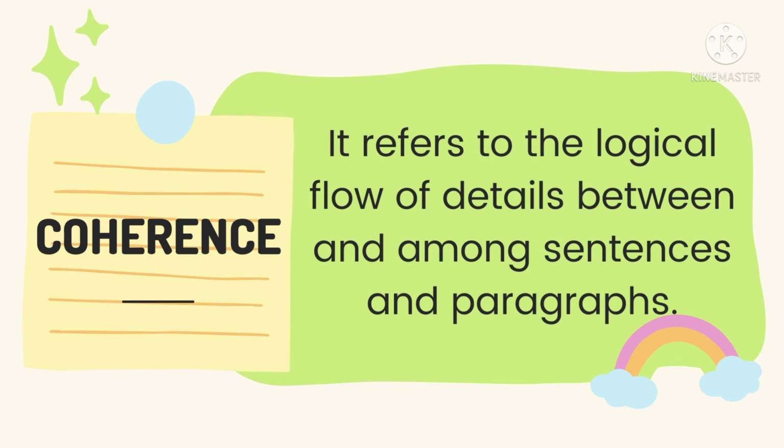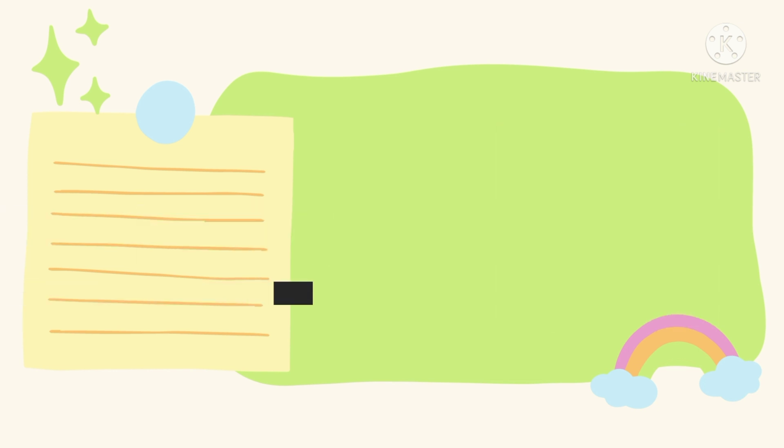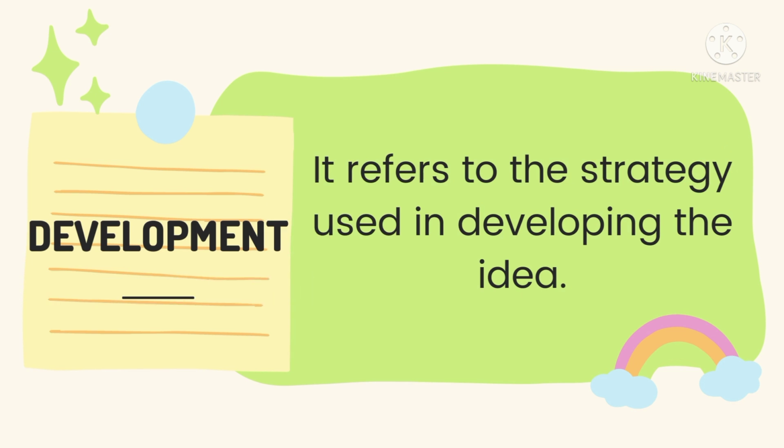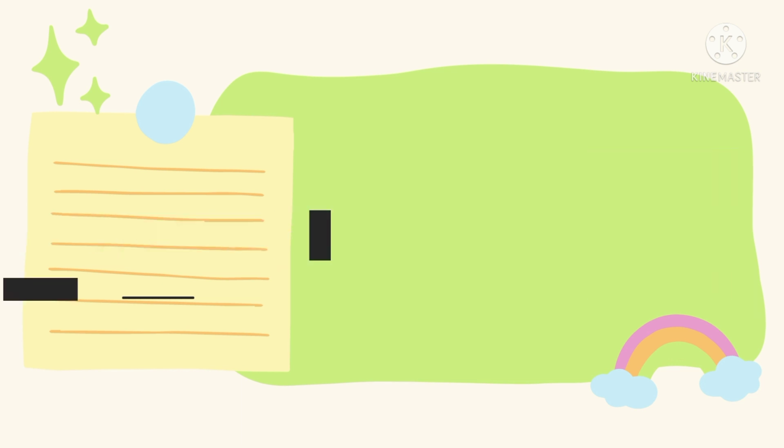The second quality of a good paragraph is coherence. Coherence is about the logical flow of details between and among sentences and paragraphs. It focuses on creating a connection between one idea to another idea. Third quality of a good paragraph is development. When we say development, it refers to the strategy used in developing the idea. Development is about how you will discuss the topic in a